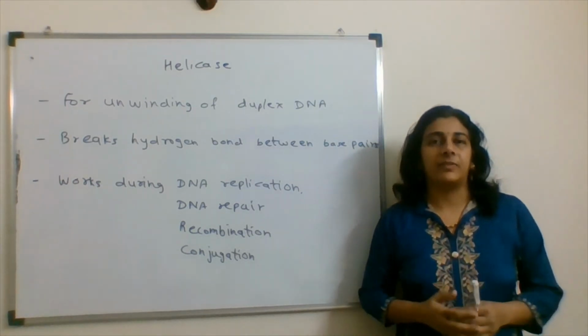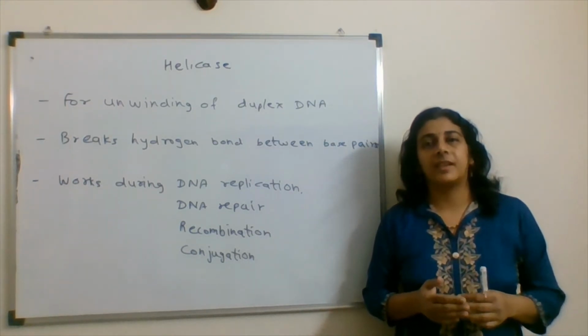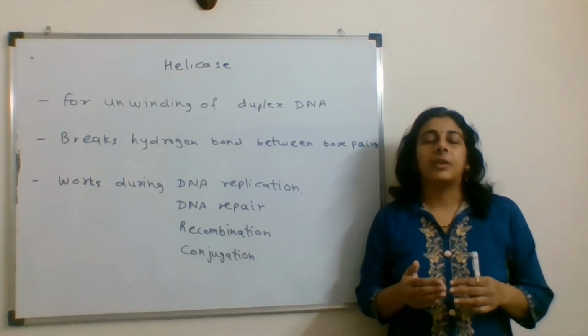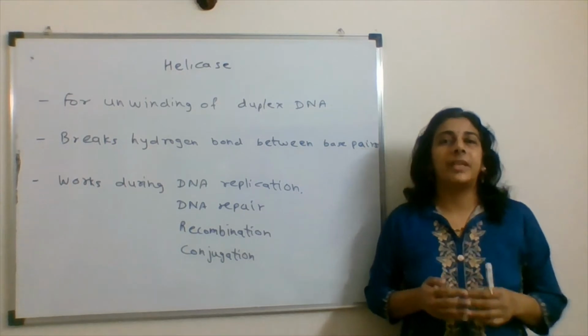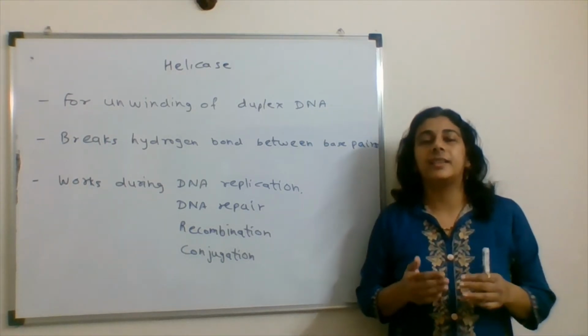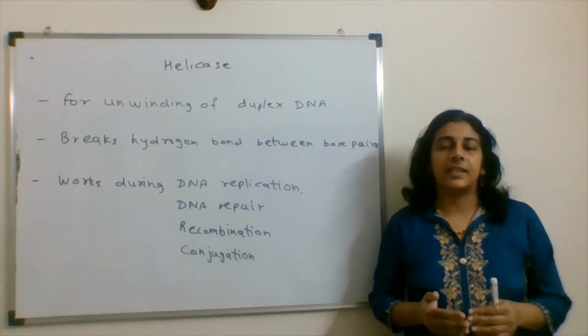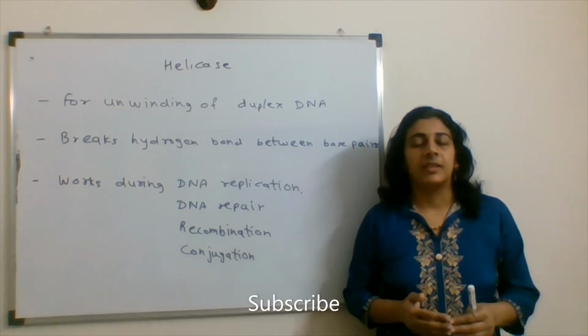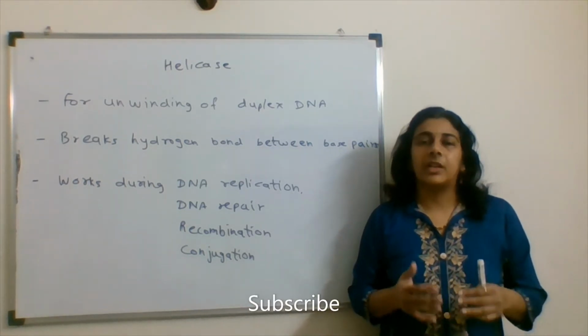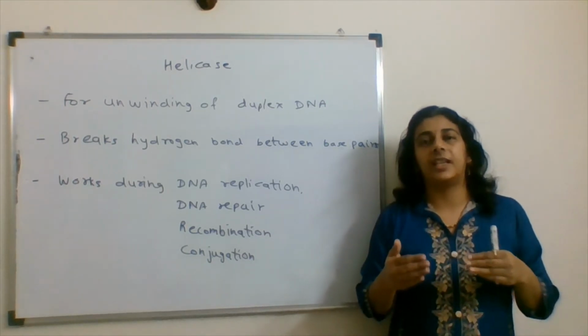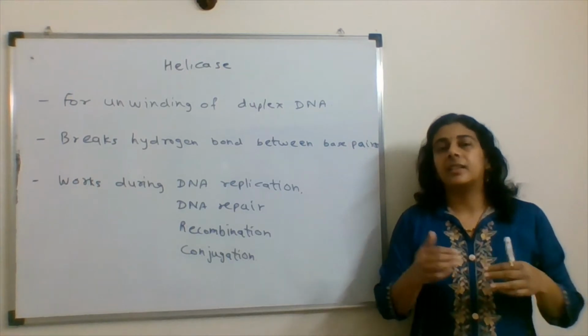During the starting of replication, the first enzyme which acts is helicase. It breaks down the hydrogen bonds between the bases. A and T have double bonds, whereas G and C have triple bonds. So these bonds are broken down using helicase and the two strands of DNA get separated so that the replication